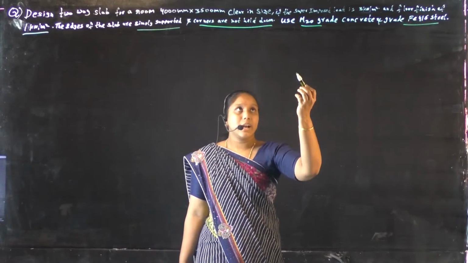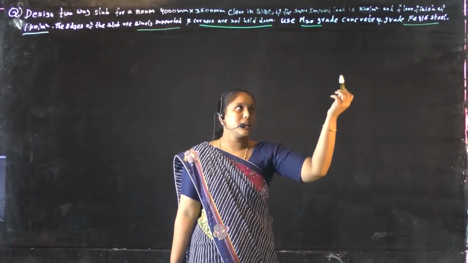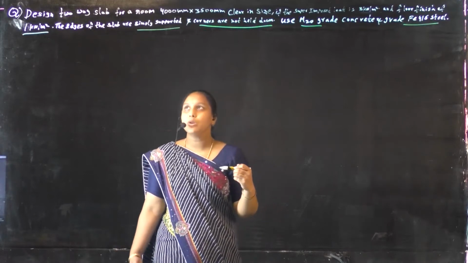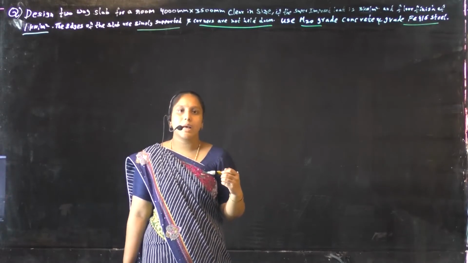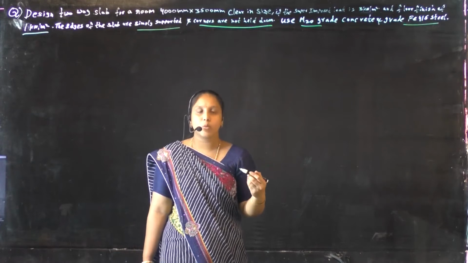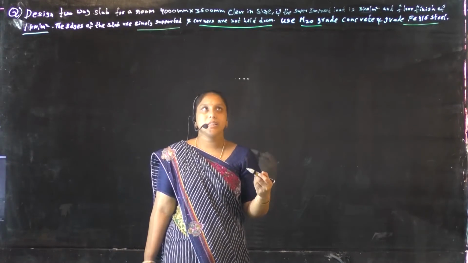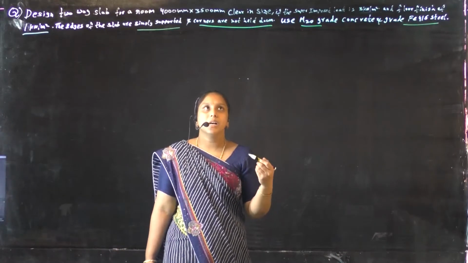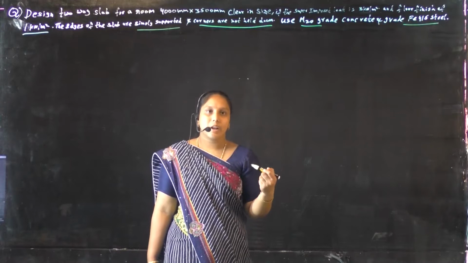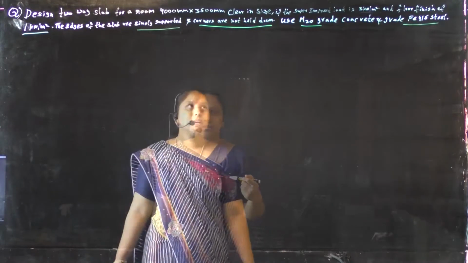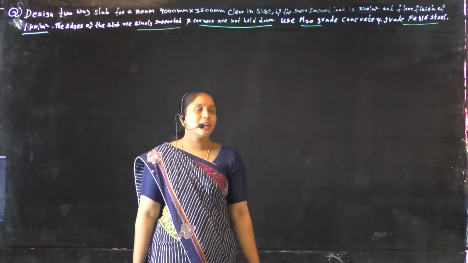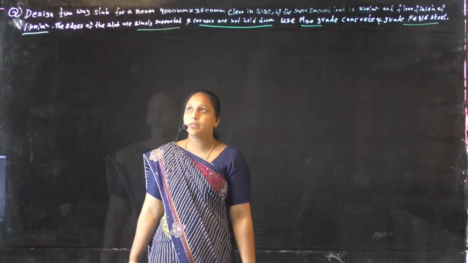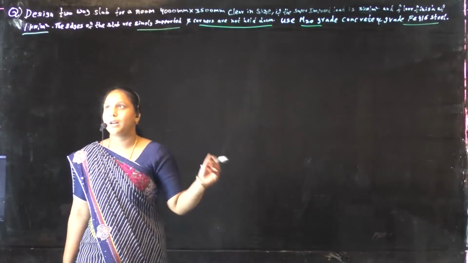And the grade of concrete is given, it is M20, and the grade of steel is given, it is Fe415. So here what is asked is to design a two-way slab. Designing a two-way slab in the sense that we have to design the reinforcement, we have to calculate the moments and we have to calculate the area of the steel reinforcement which is required. So first let us write down the given data.